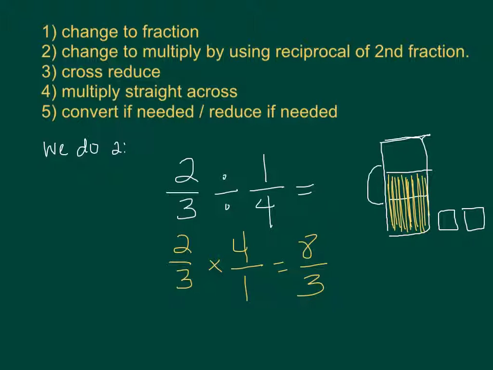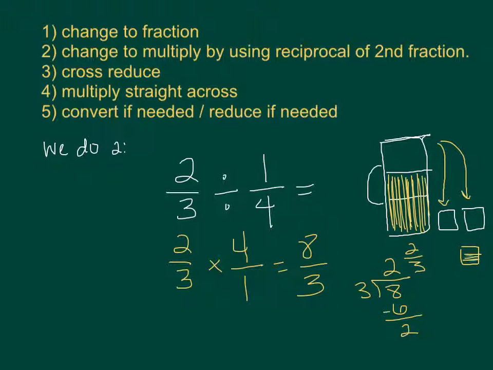Step 5, convert if you need to. I do. That's an improper fraction, an upside down snowman. So I convert it by doing bottom into top, remainder is the numerator. So I'm going to go 3 into 8. Let's see, 3, 6, 9's too high, so it's got to be 2. 3 times 2 is 6, with 2 left over. And so what this tells us is this will fill up 1, 2, and another quarter cup, but only 2/3